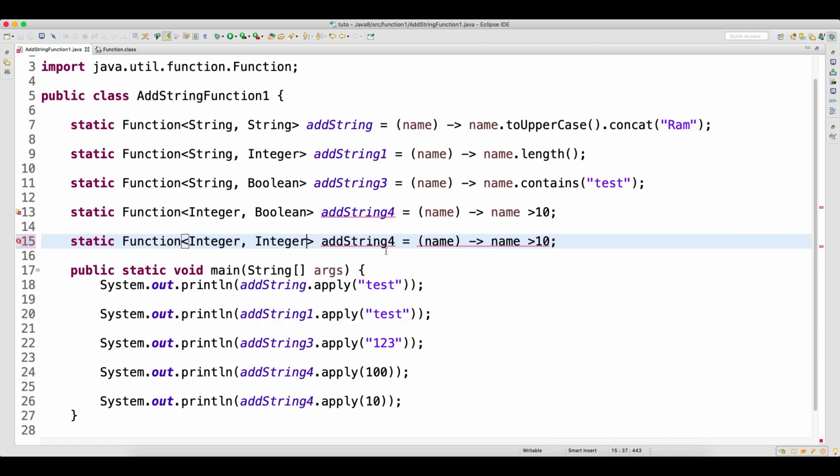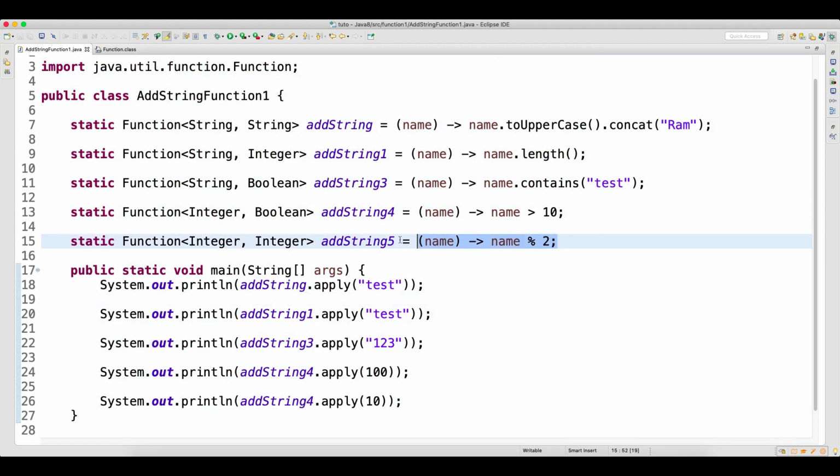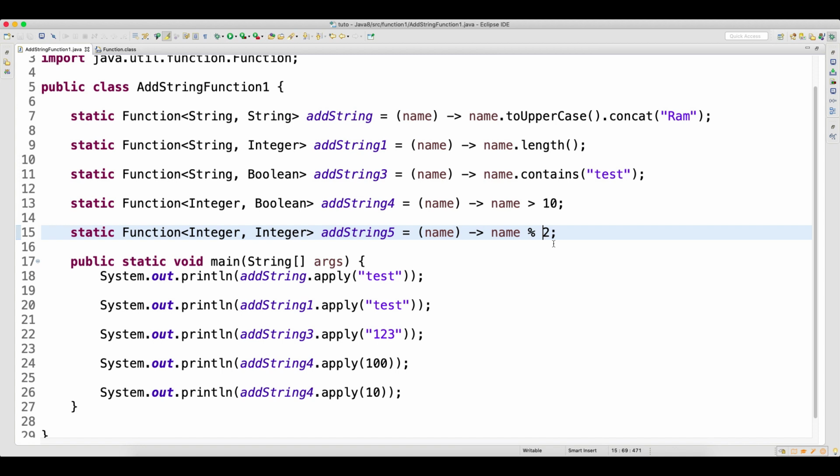Now the return type is also going to be integer, and I need to test whether it is a prime number or not. Can't I do it like this? Modulus by 2. Okay, see, I can just write one function like this, and if I have to test any number whether it is prime or not, I can just go and call this function,